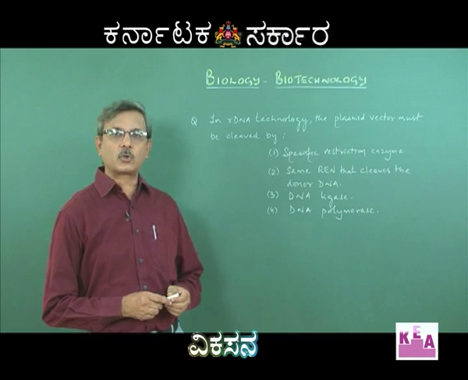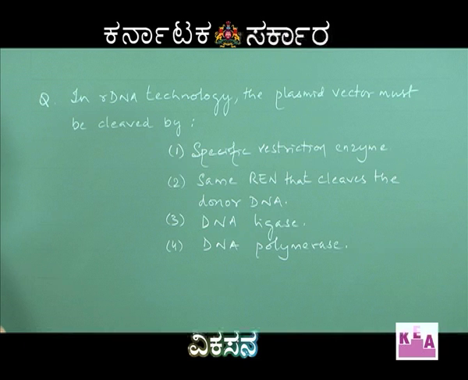We move on to the next question now. In rDNA technology, that is in recombinant DNA technology, the plasmid vector must be cleaved by, cut by. Let us come to the options. Option 1, specific restriction enzyme. Option 2, same REN, that is restriction enzyme or endonuclease, that cleaves the donor DNA. Option 3, DNA ligase. Option 4, DNA polymerase. Let us